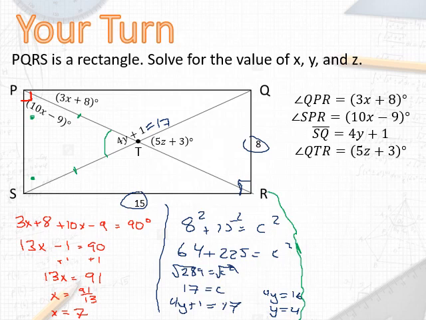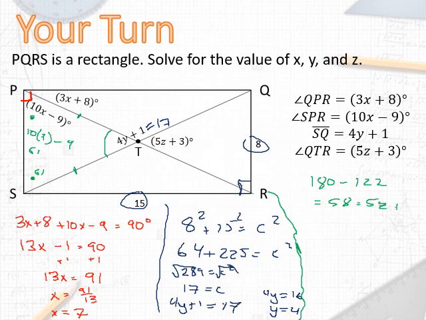So if I substitute in for x and figure out how big that angle is, I should be able to solve for the missing angle. So x we found was 7. So 10 times 7 minus 9. 10 times 7 is 70 minus 9, so that would be 61. So that means this is 61. 61 plus 61 is 122. So this is going to be 180 minus 122. So we got 58 degrees is going to be equal to